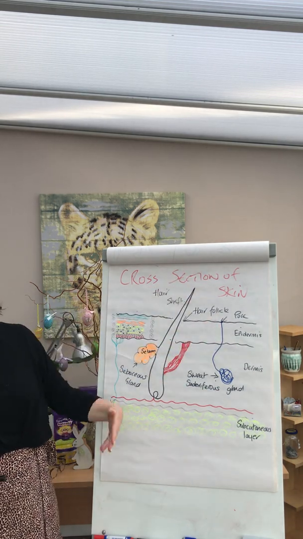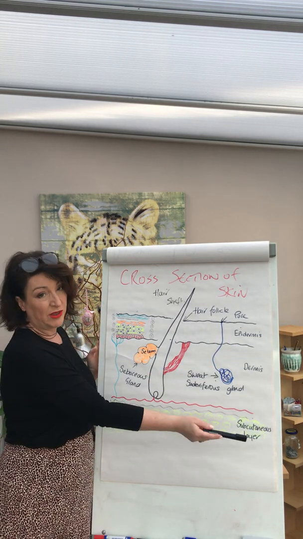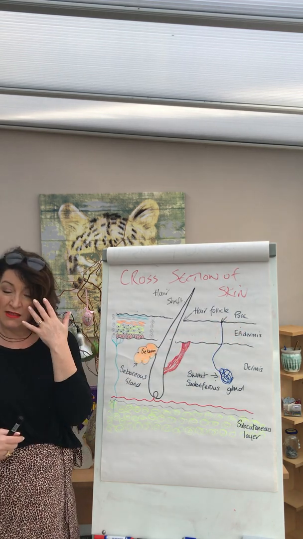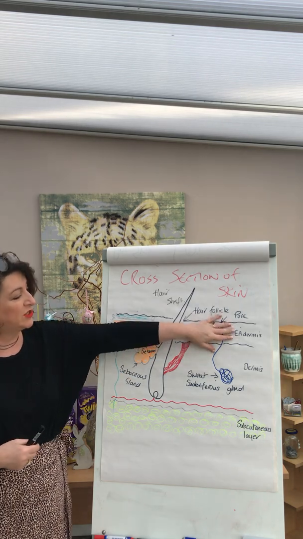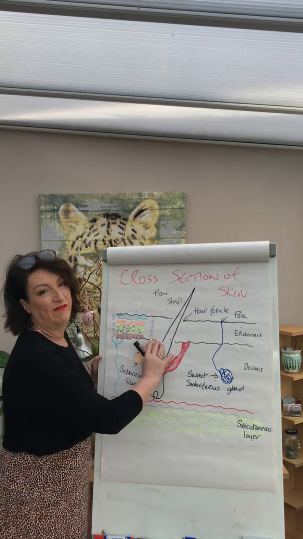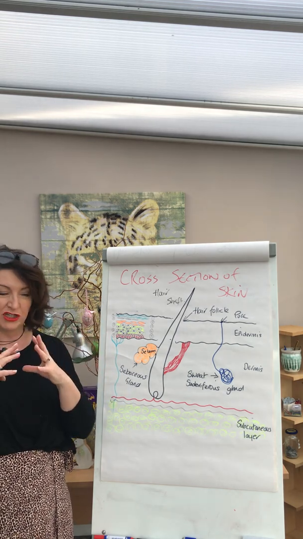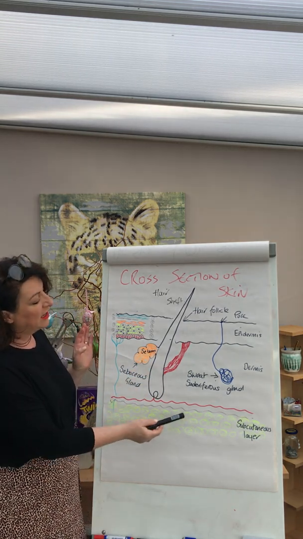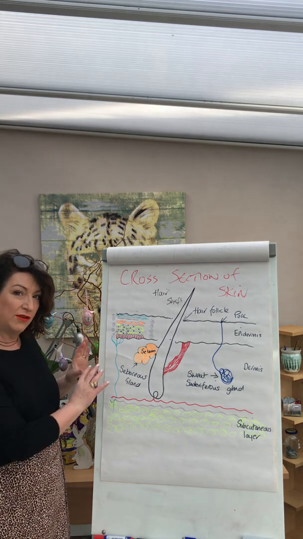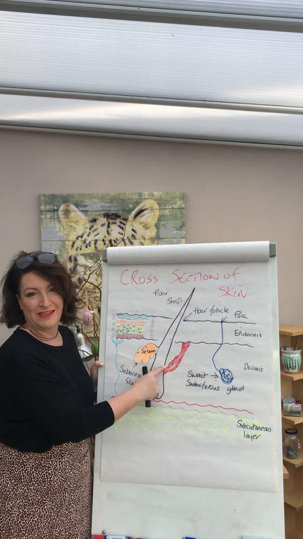Looking at the cross-section of skin, if we can just break it down for you, just take it a little bit more advanced, there are actually 3 different sections. Our top section is called the epidermis, and that's the top of our skin that we can see. Then we have the dermis, or normally we call this our true skin, because this is where we find all our structures. We get our collagen and elastin to give the skin that nice stretch and bounce. You get your hair follicles, your sweat glands, your sebaceous glands, your nerve endings. You can find those all in this area here, as well as this little thing here called an erector pili